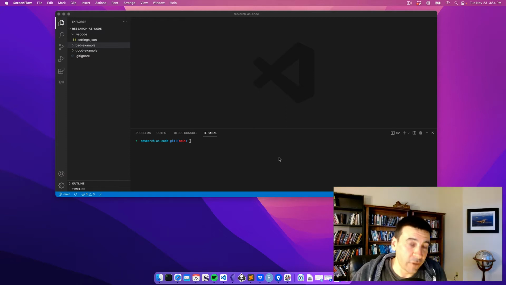So to make this more real, think about whether you have ever done any of the following. Have you ever written successive drafts of your paper titled Research Paper Version 6, Research Paper Version 7, and ended up with a whole host of files scattered everywhere? Have you ever been unable to replicate a table or a figure and stayed up till all hours trying to figure out how on earth you got that result so you can prove to your advisor that yes, this is legit? Have you ever come across a number in your paper, 26.8%, and asked yourself, where did that come from? I cannot find it anywhere in my code.